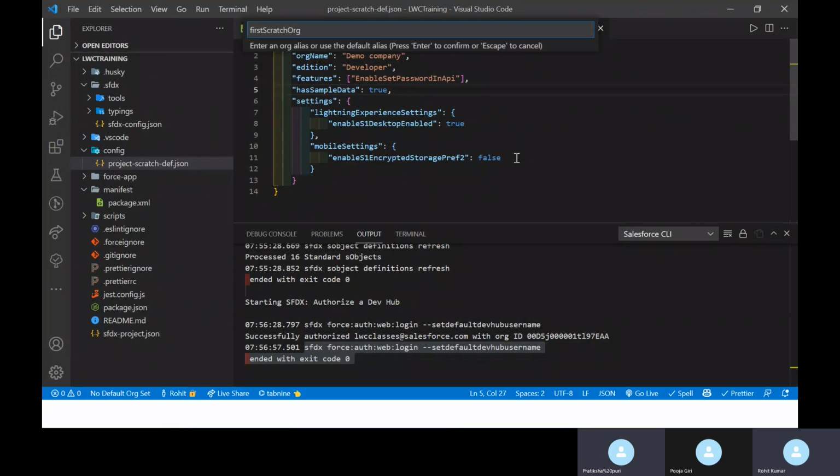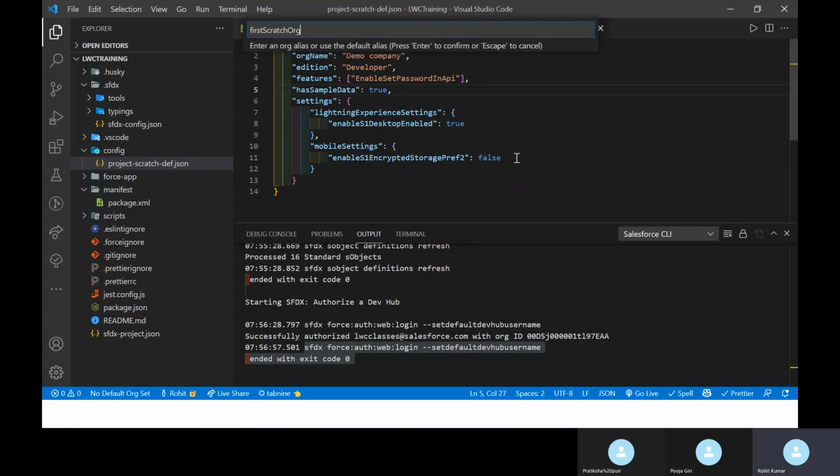Rohit, this is a sandbox org, right? No, it's a production org, because a sandbox is paid now and we cannot purchase it right now because it's very costly. You can implement this functionality in your sandbox as well, with the same 30-day validity for a scratch org.